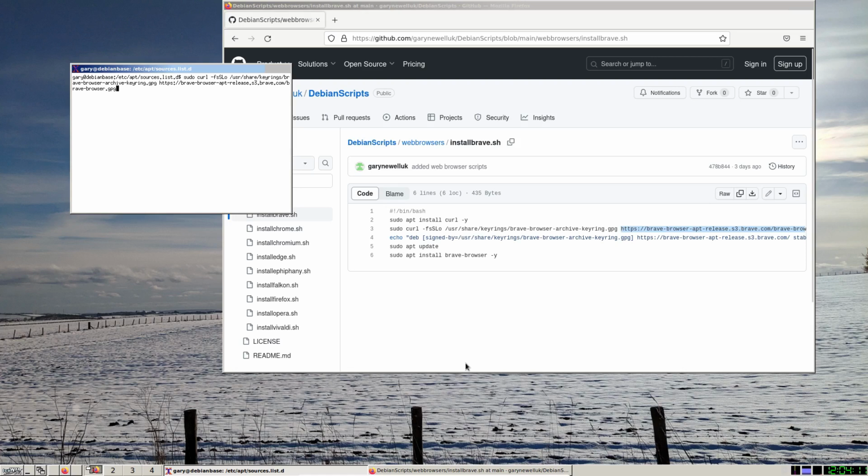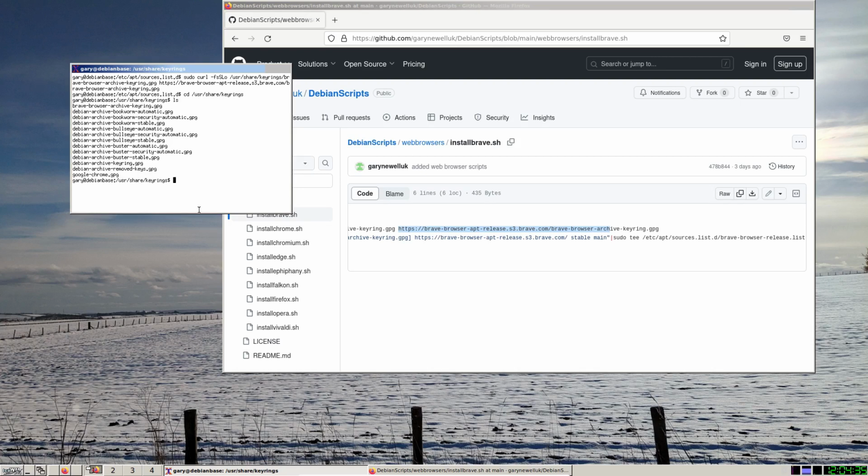I think that's the whole command. So if I go to my user share keyrings, you'll see there is now one called Brave Browser Archive,